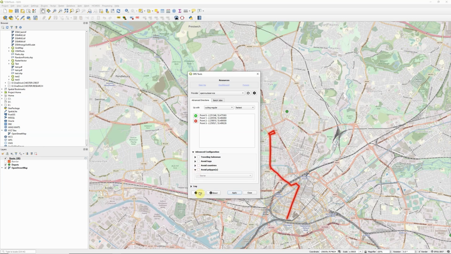And finally, the one method that I am just going to demonstrate is we can avoid polygons. This could be useful if you're trying to create alternative routes for, say, an event. You've got roads closed off within a particular area, so you want to avoid those locations. I've created this barrier layer, which simply blocks off a small section of the centre of Manchester. So if we were having some kind of festival, we could tick avoid polygons, select the barrier layer, click apply,